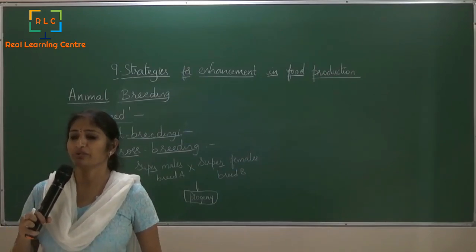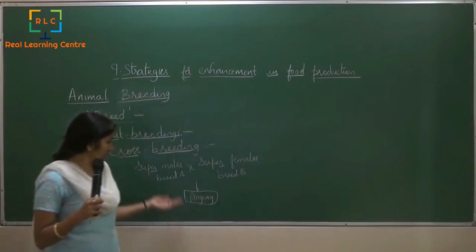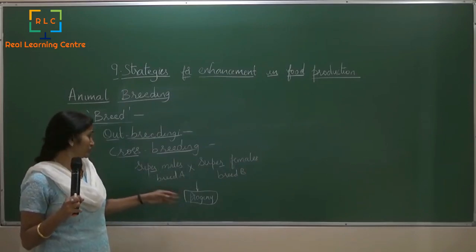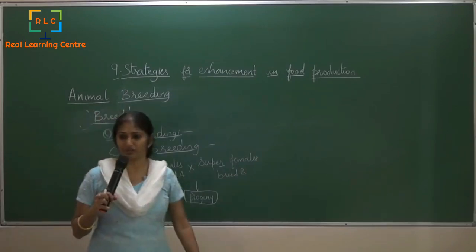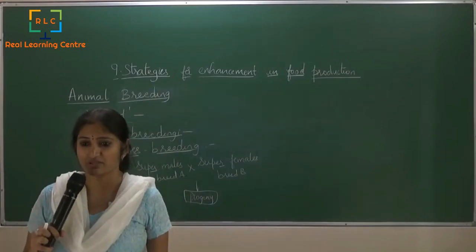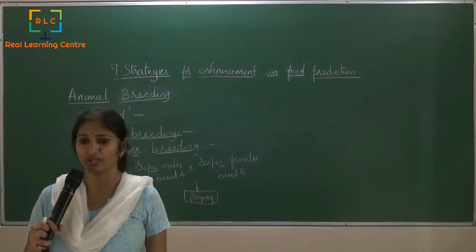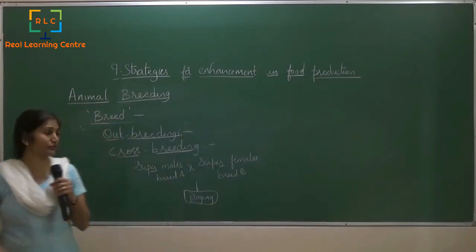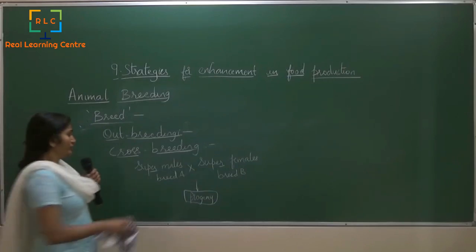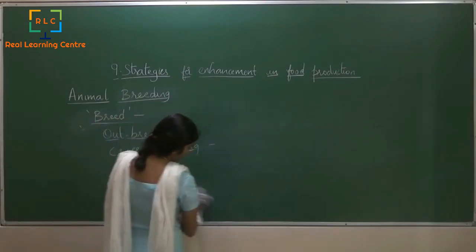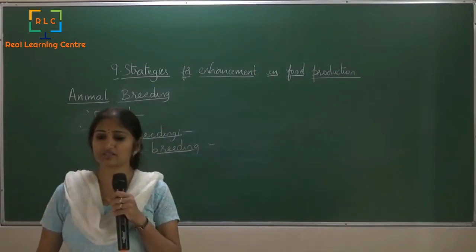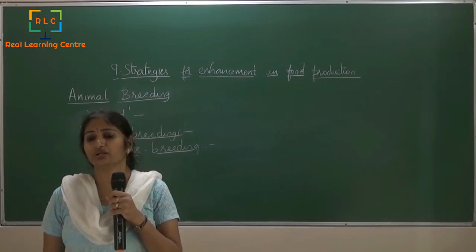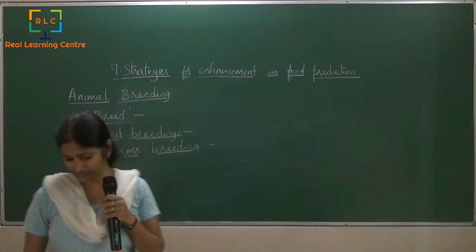Okay. There are many new breeds of animals that have come from crossbreeding, especially in the case of rams and ewes, sheep. We have many types of animals which have come into existence only because of crossbreeding. Now, just like we have crossbreeding, we have one more which is called interspecific hybridization.